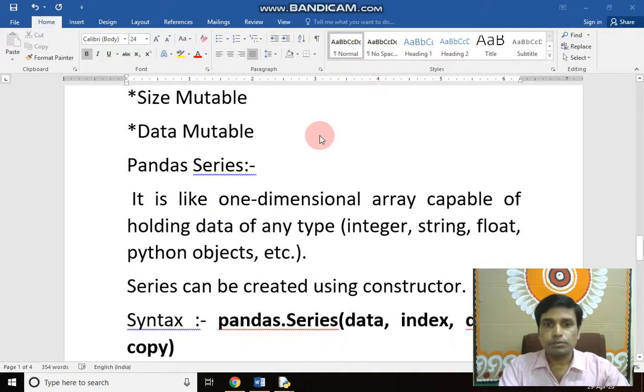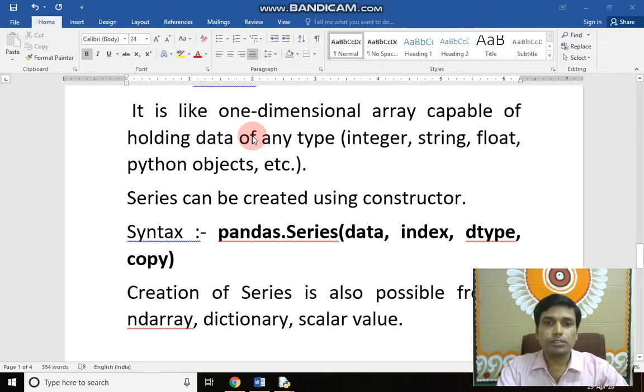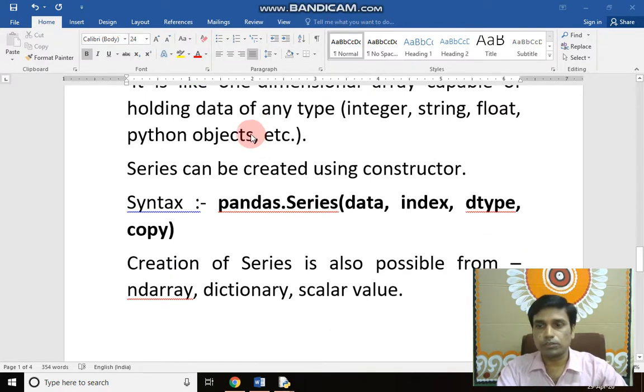Now come to the Pandas Series. What is a Pandas Series? It is like a one-dimensional array capable of holding data of any type: integer, string, float, Python object, etc. A Series can be created using a constructor. Now we are going to the programming part of Pandas. Here is the syntax: pandas.Series, where pd is the object of pandas.